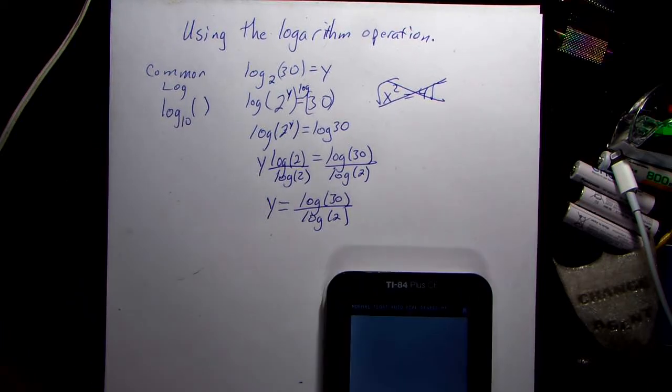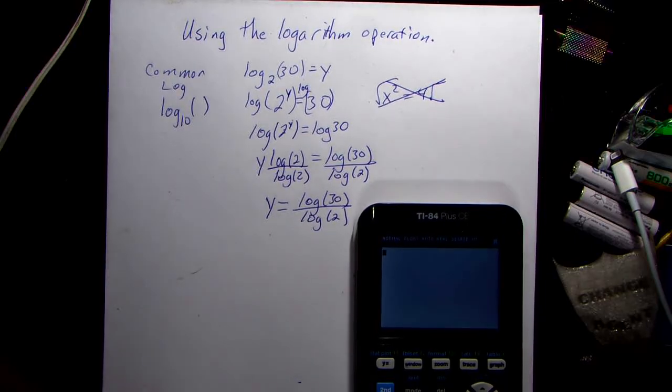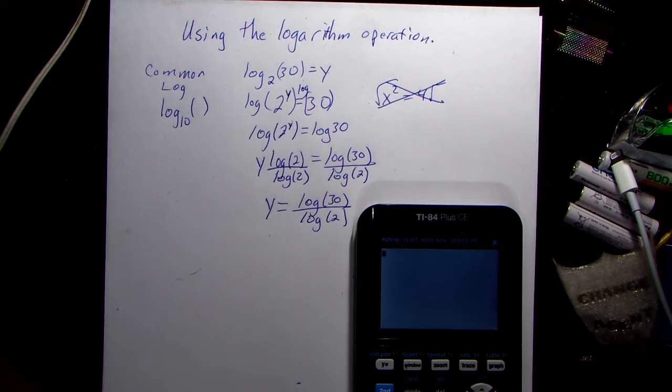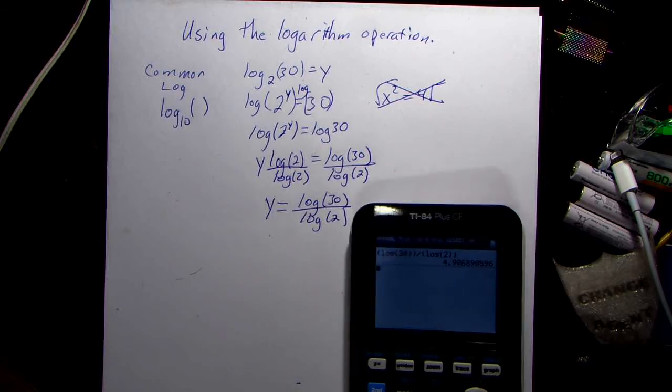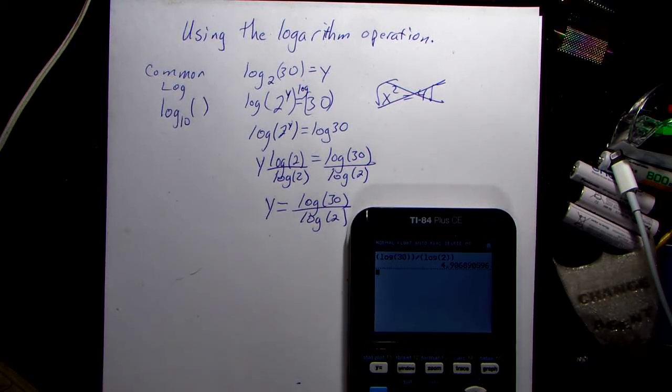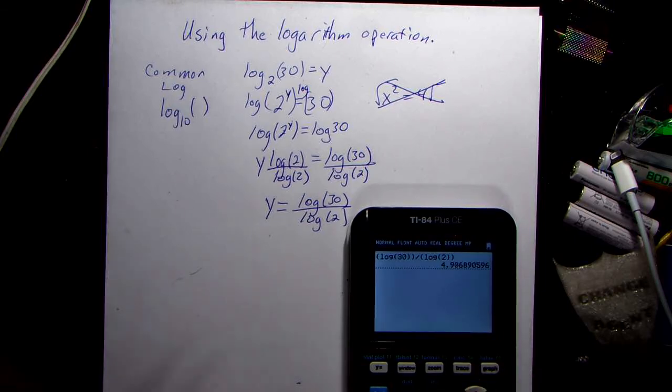See that okay there? So I'm going to use parentheses, just a lot of parentheses. I don't know that you need to use quite as many as I'm going to use, but just really want to make sure that that whole numerator is grouped, and then the denominator is grouped. And we get that answer,